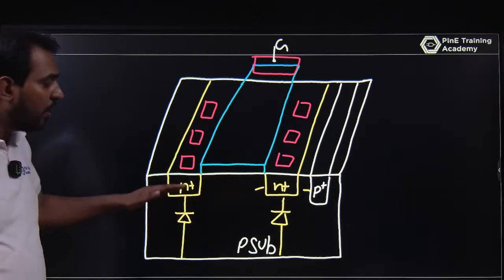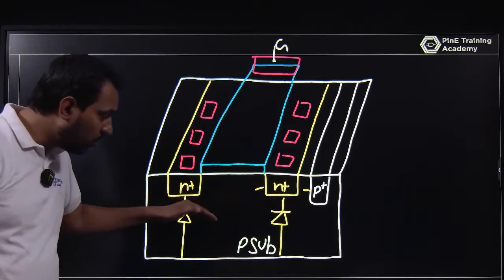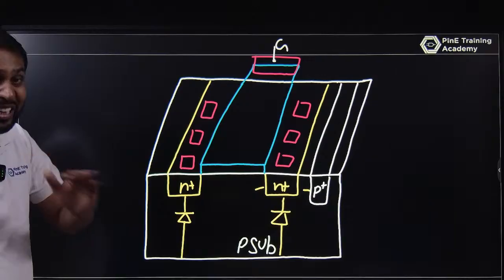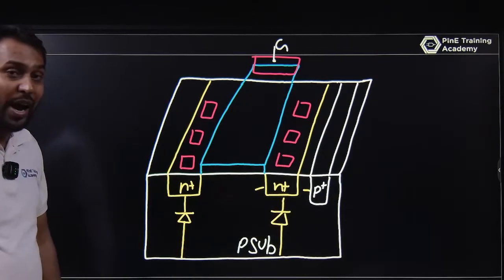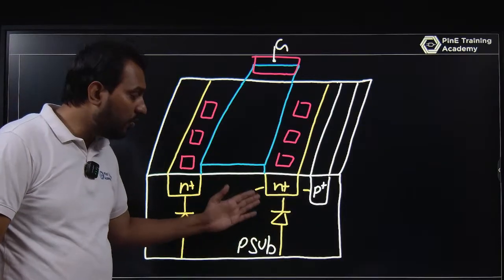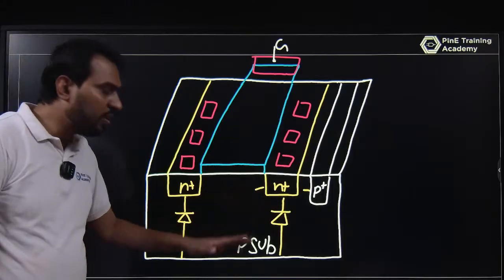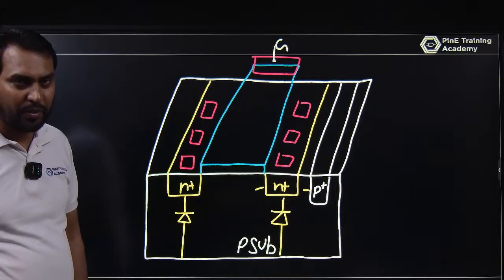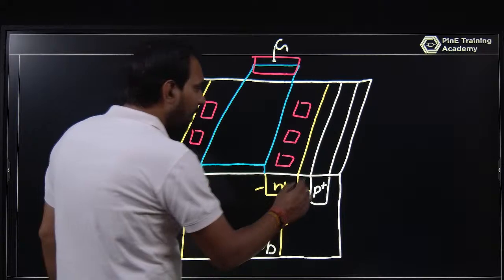If the current goes through the body, that is called leakage current, an unwanted, wasted current. So how can you avoid it? If you make the diode reverse biased, this diode behaves like an open circuit. That's why in NMOS, the body terminal